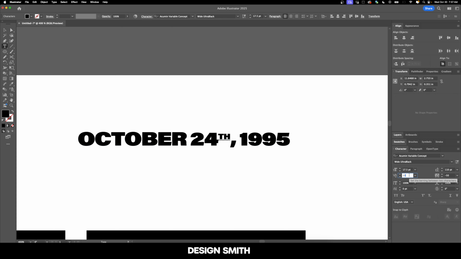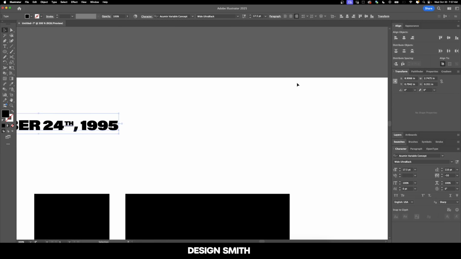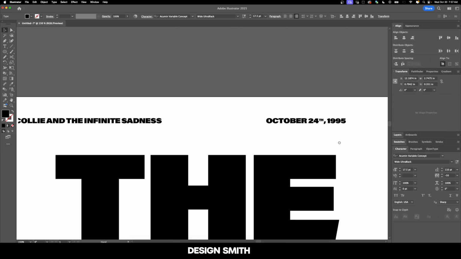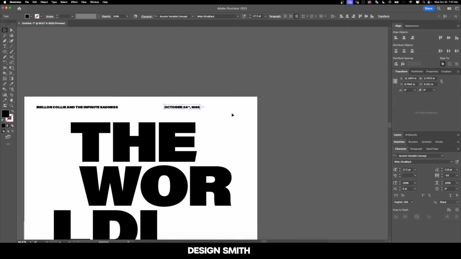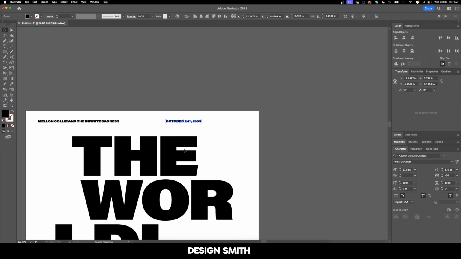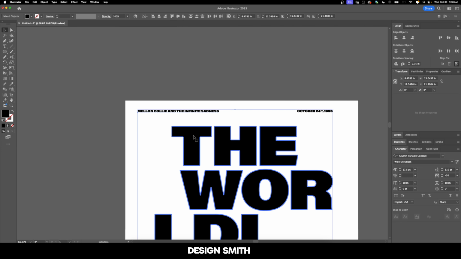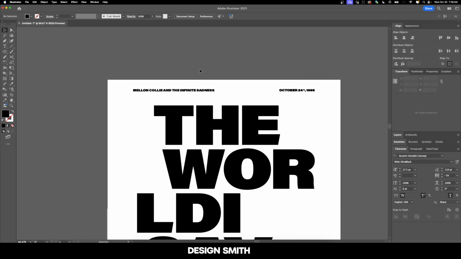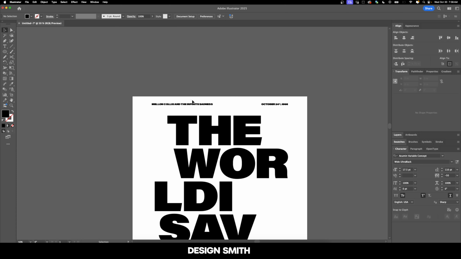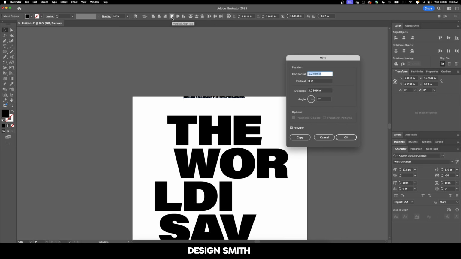Okay, so let's do that. It's looking really cool. And let's align this to the right, just to make sure we don't have any issues here. All right, I'm going to create outlines there, and now we'll align this to the right side of our large type. And then we'll align this to the left side of it. And then we'll send both of these to the top. Wait, we have to align to our artboard, send them both to the top, and then 0, and then 1